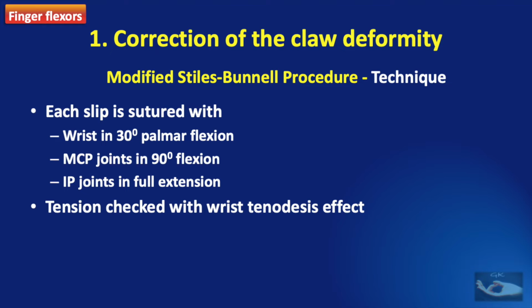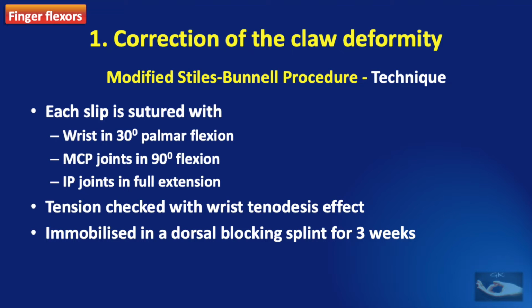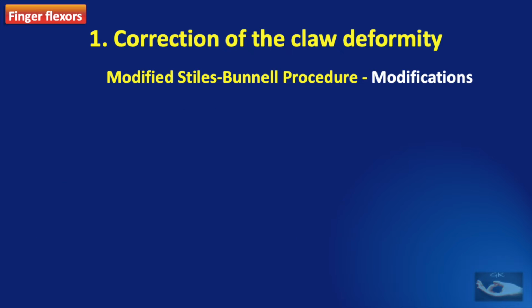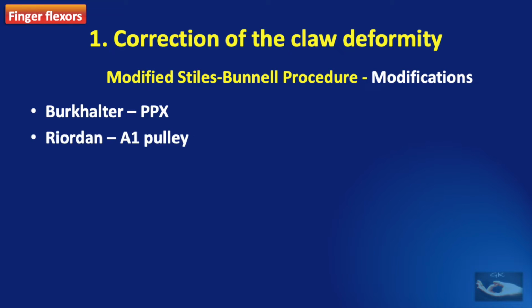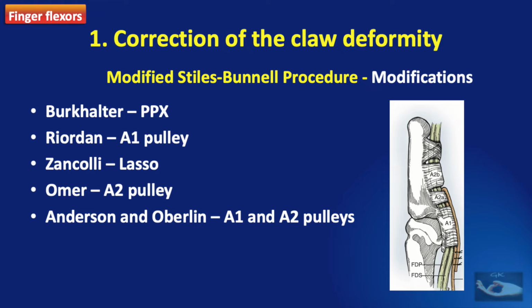The tension is checked with the wrist tenodesis effect, and after the procedure, the hand is immobilized in a dorsal blocking splint for 3 weeks. Modifications of this standard procedure have been mainly with the type of insertion. Burkhalter's insertion into the proximal phalanx, Riordan's insertion into the A1 pulley, Zancoli's lasso, where the FDS slip was looped through the A1 pulley, Omer's technique of insertion into the A2 pulley, and Anderson and Oberlin insertion into both the